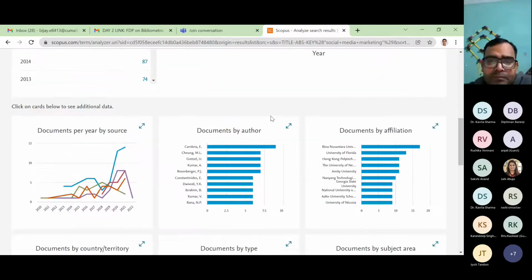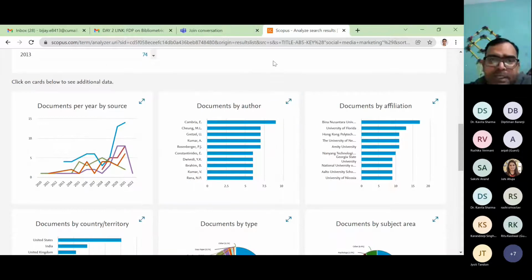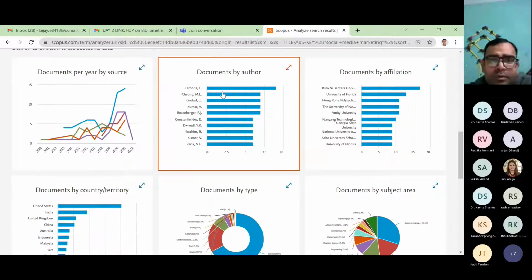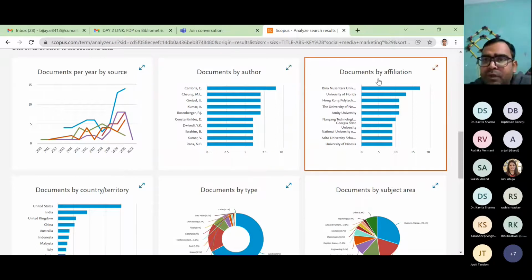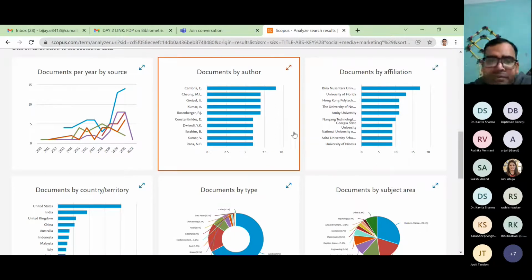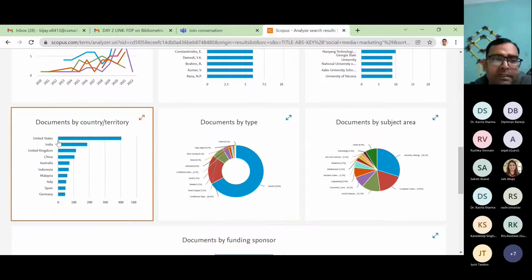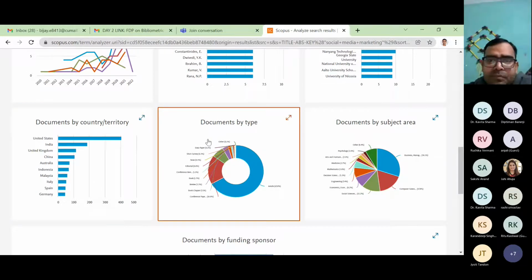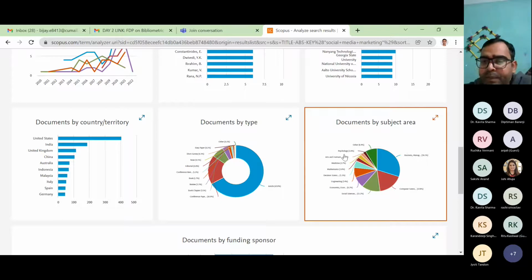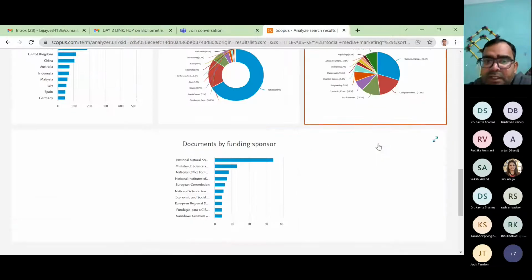Documents per year, that is, research papers or publications per year. Then documents by author, where the top authors will be listed. Documents by affiliation, the institute names. By country, the country names. By type, the type of the document, and by subject area, the domain-wise breakdown.